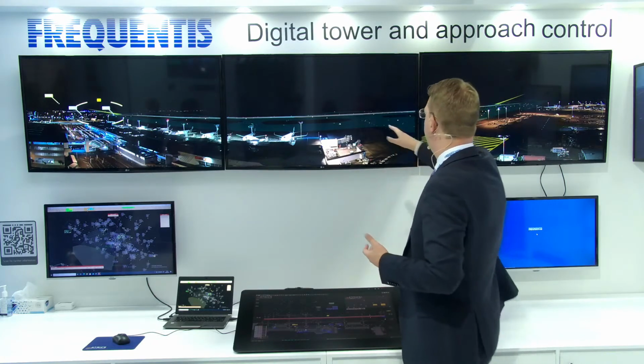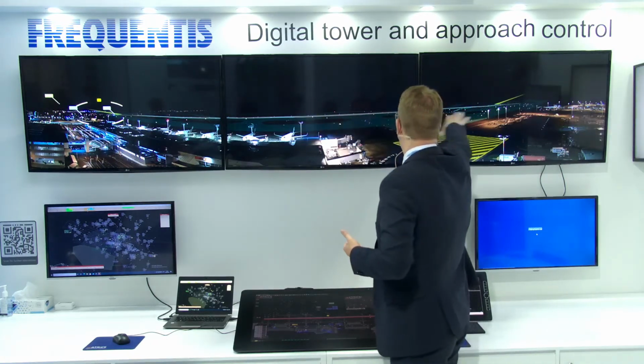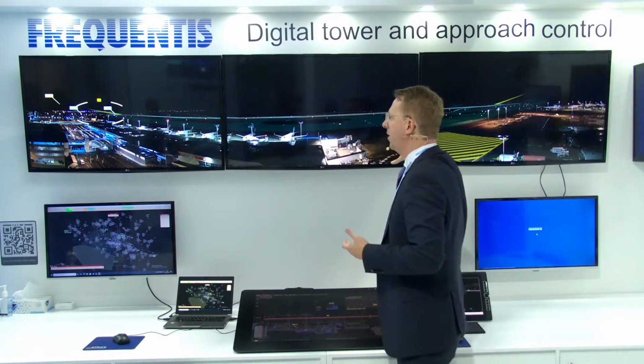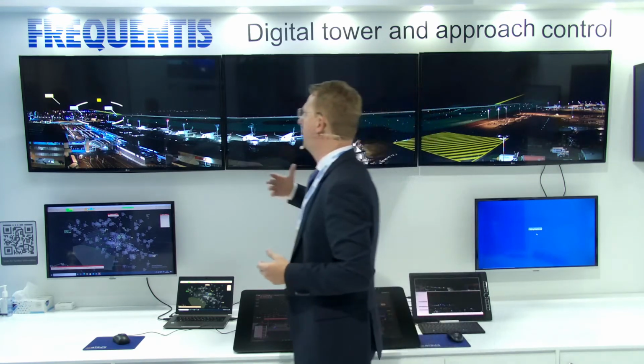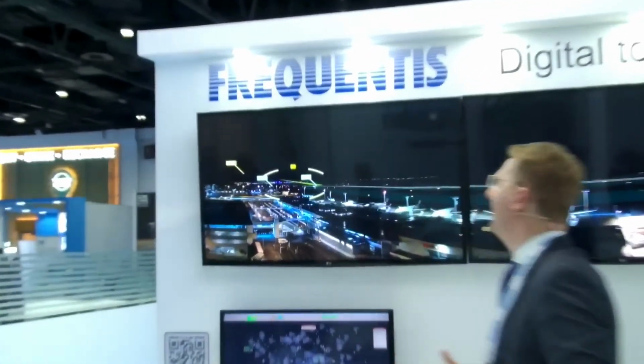Basically here he can see the runway marked, he can see the taxiways marked, and of course with the surveillance system here on the left, he can easily identify aircraft which are taxiing over there. Without all those surveillance labels, he wouldn't be able to see that so smoothly. If I switch all these features off, then you see it's much harder to identify all those aircraft.